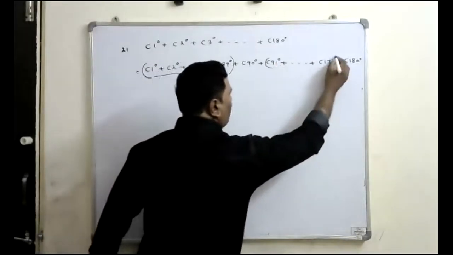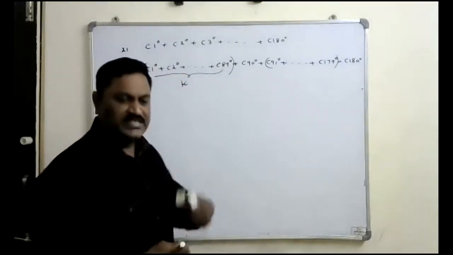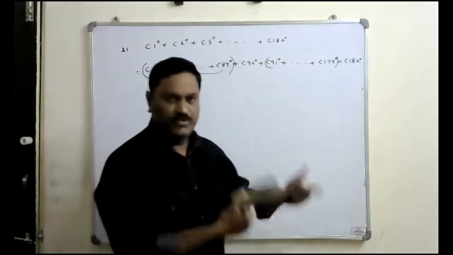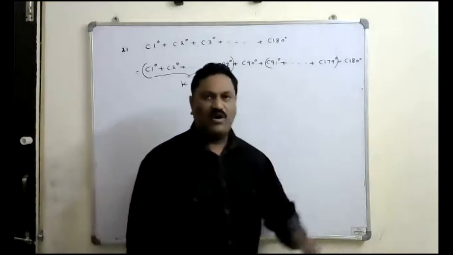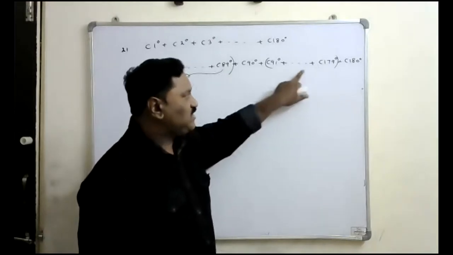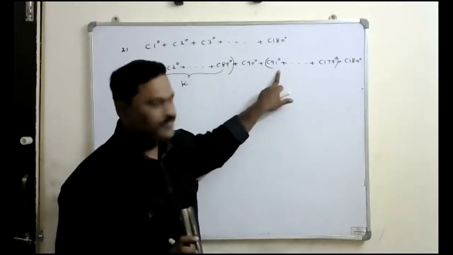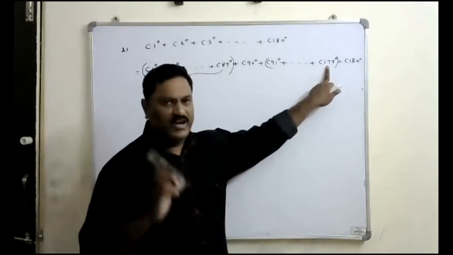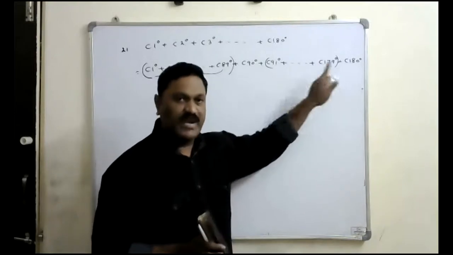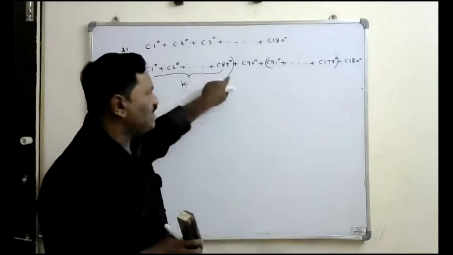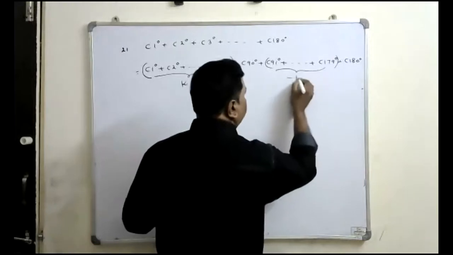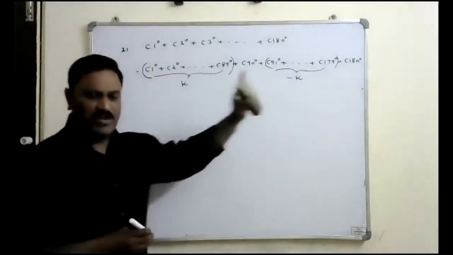And if you consider these values 91 up to 179, all these are the angles of the second quadrant. Those are the obtuse angles. In the second quadrant cos is negative. So for all these values cos is going to give the negative value. And this 179 we can write as 180 minus 1. Cos of 180 minus 1 is minus cos 1. Means the same angles again we are getting with the negative sign. That's why this summation becomes minus k.